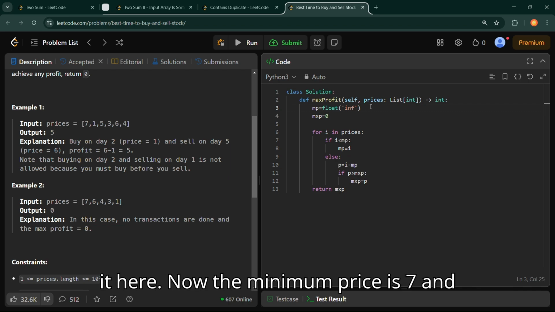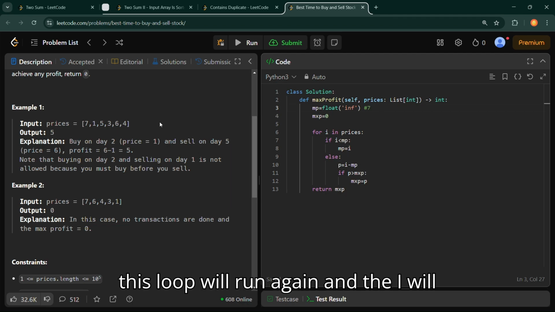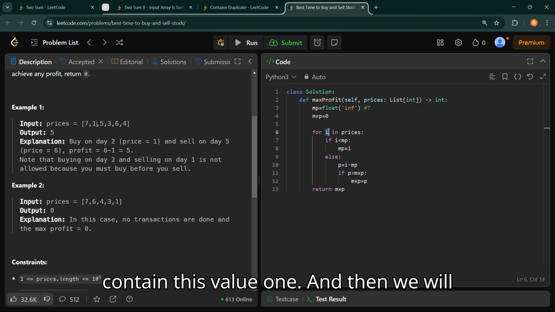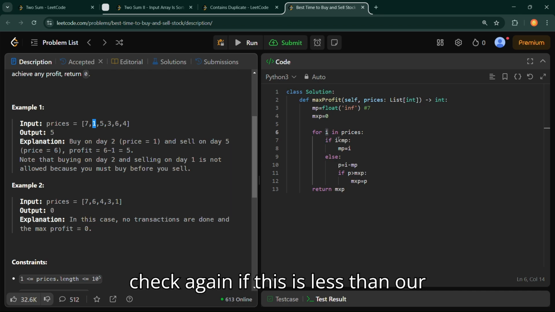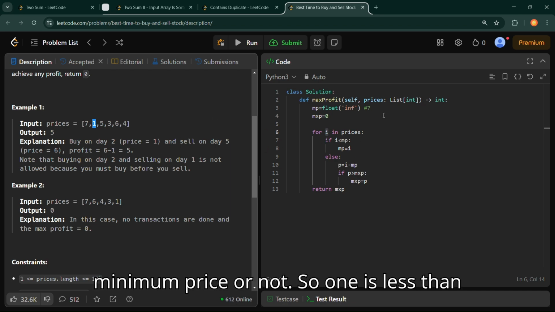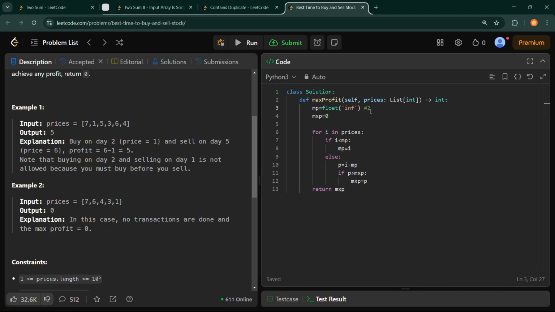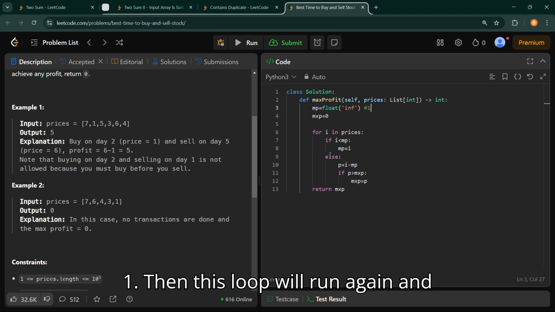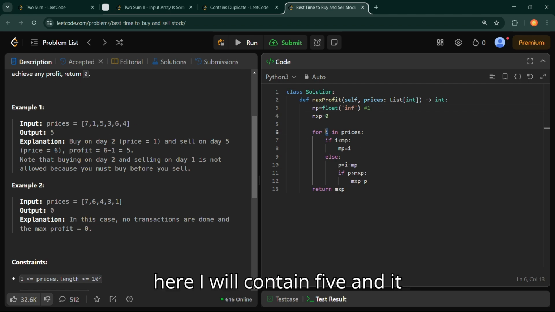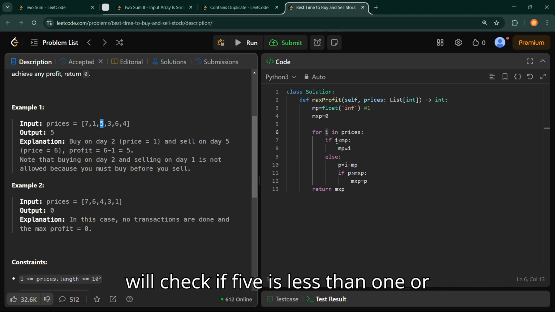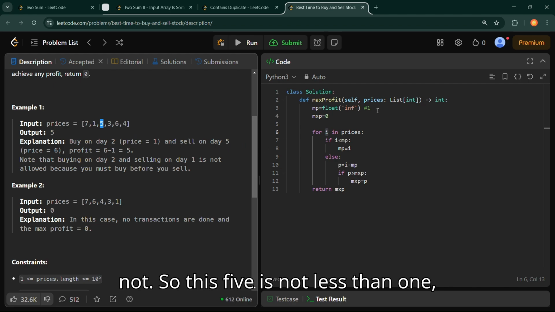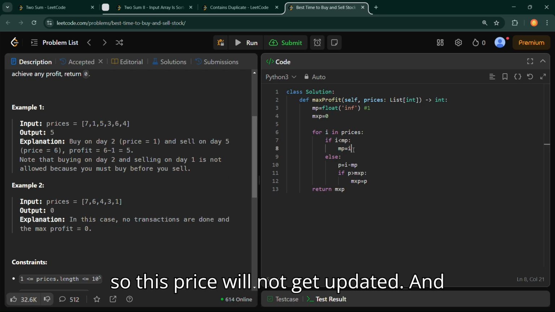Let me write it here. Now the minimum price is 7, and this loop will run again, and I will contain this value 1, and then we will check again if this is less than our minimum price or not. So 1 is less than 7, so we have to update this minimum price again. So now our minimum price is 1. Then this loop will run again, and I will contain 5, and it will check if 5 is less than 1 or not. So this 5 is not less than 1, so the minimum price will not get updated,